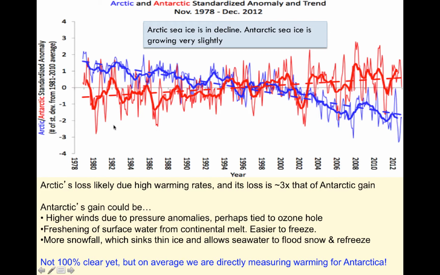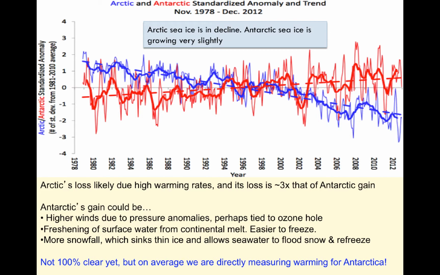Now there's 3 competing theories about why Antarctic sea ice is actually increasing a little bit over time. The first is higher winds due to pressure anomalies, perhaps tied to something happening with the ozone hole. The second theory is the freshening of surface water from continental melt. As you melt the continental ice, that freshens the surface water, that raises the freezing point of that water, makes it easier to freeze. The last theory, more snowfall in the Antarctic region,